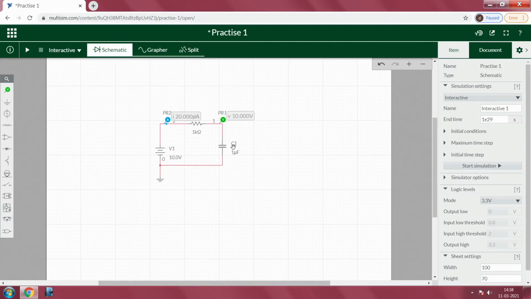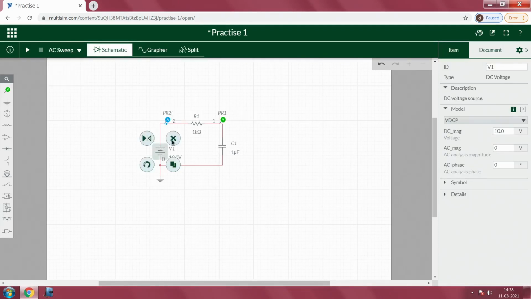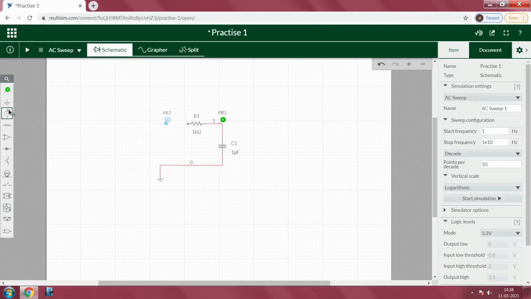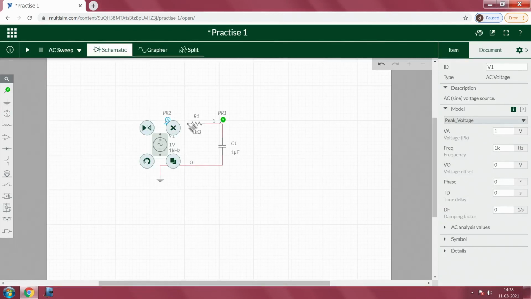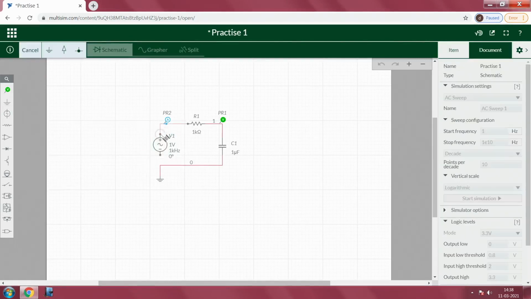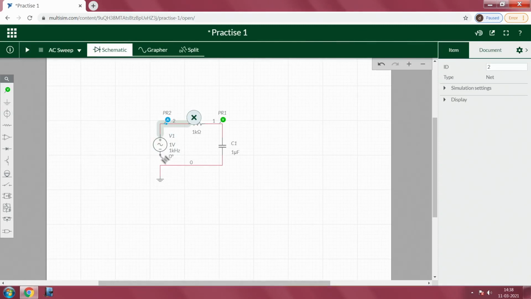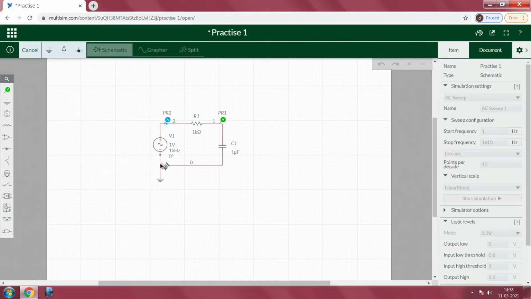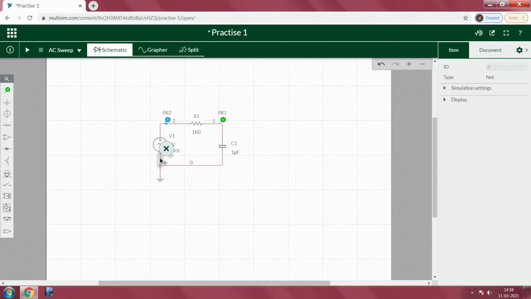But instead of realizing the initial phase of the complete circuit using interactive mode, I just want to go with a simple AC sweep. So, I will replace this with a simple AC voltage source, so that I can change different frequencies and see how exactly it is going to work. Now, you can understand the filtering concept of the RC circuit.